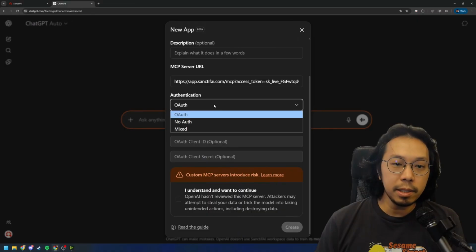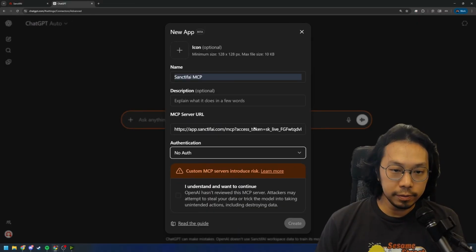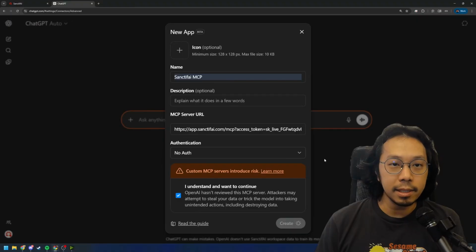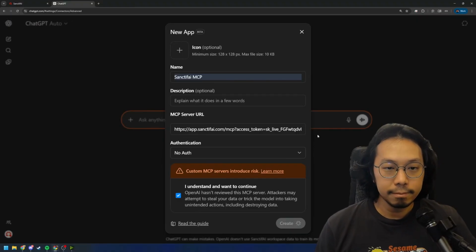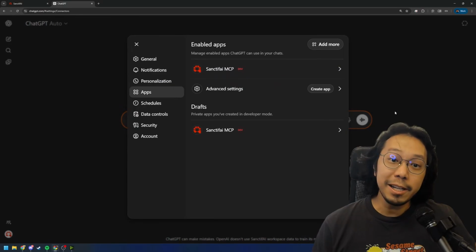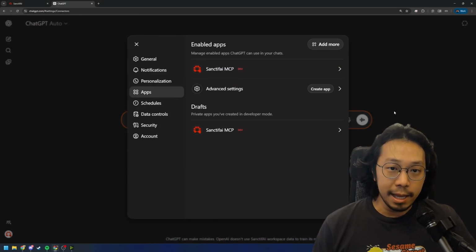For authentication, set it to no auth. And that's it. Accept the terms and conditions and create the new app. And you're done. Once you look at the Apps tab, you're going to see SanctifAI MCP as one of the